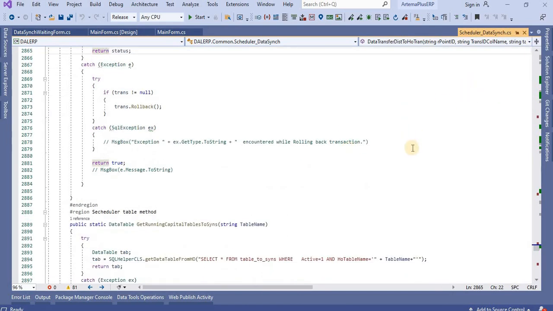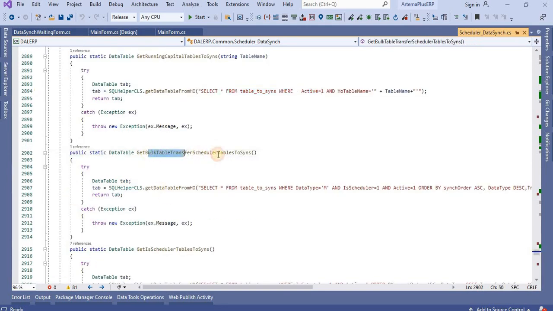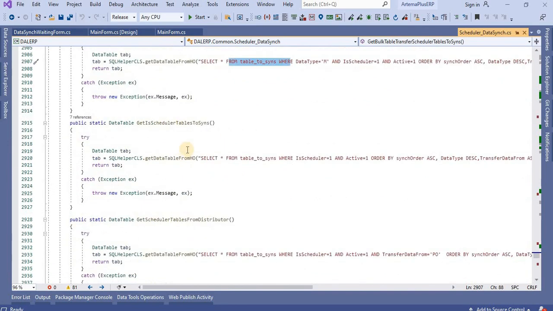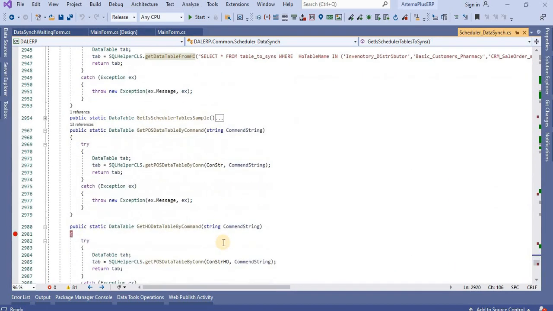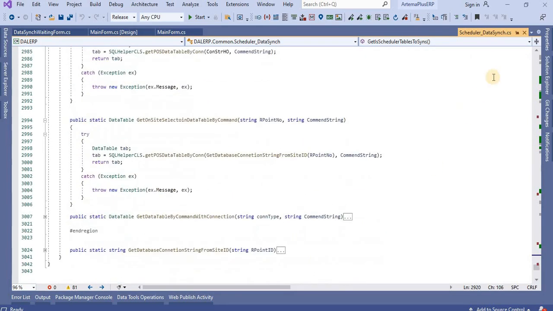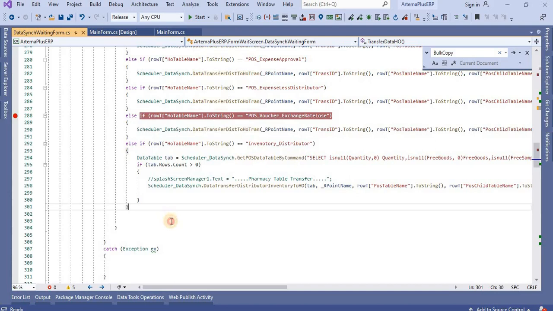So next, here are different create functions, with a scheduler, without scheduler, or master transaction. Or you can use one function or two functions, no need for multiple, because this is according to your requirement. So after that,